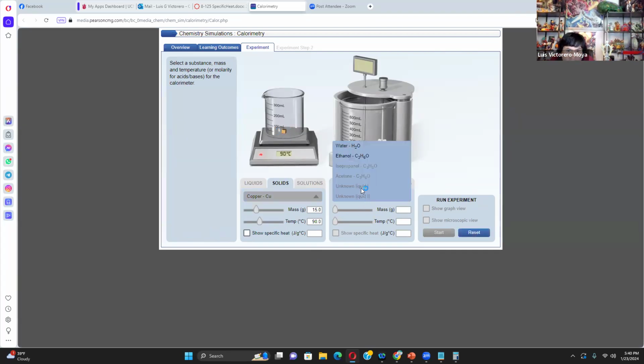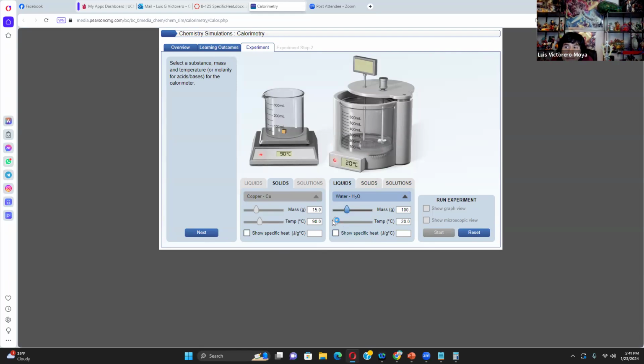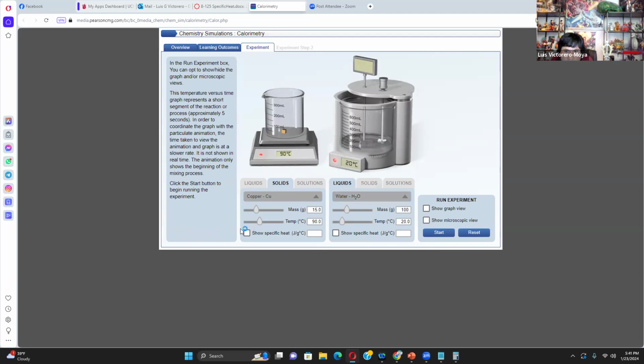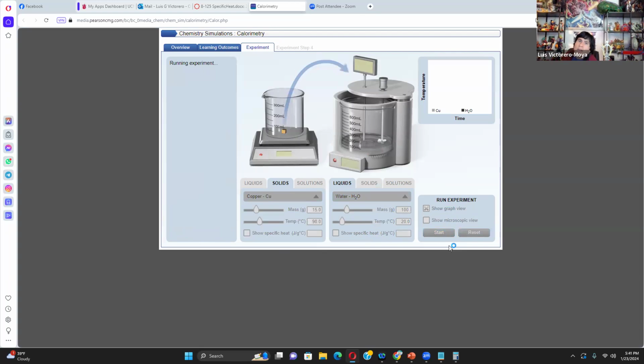And then the liquid is still water. Normally for this type of experiment, you want to have like, let's put 100 grams of water. And then the temperature of water, 20 degrees. You leave it like that. And then you start. So we're pressing the copper. We close the calorimeter. Notice how the temperature doesn't increase a lot